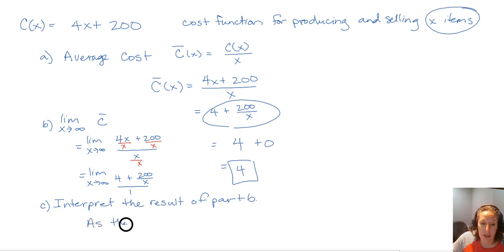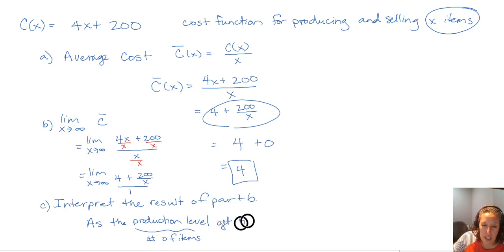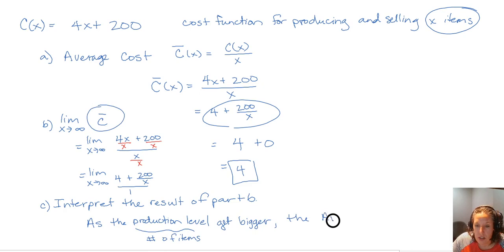So as the production level, the number of items we're producing, gets bigger, our function here is our average cost function, so the average cost is getting closer to